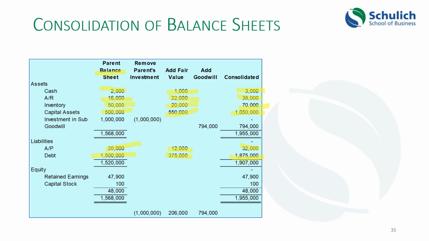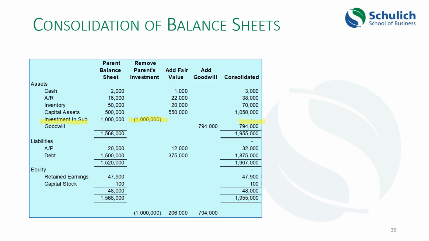And then what you've got here is a slight reconciliation problem. On the parent company's balance sheet, you've got this investment in the subsidiary. And that investment in the subsidiary is $1 million in this case. And remember, we have to eliminate in the consolidation intercompany transactions or intercompany assets, intercompany liabilities. So that gets removed from the consolidated balance sheet. So that $1 million figure is canceled out and we end up with nothing there.